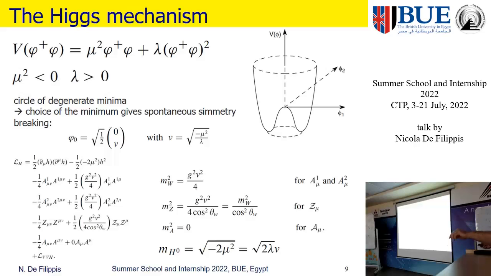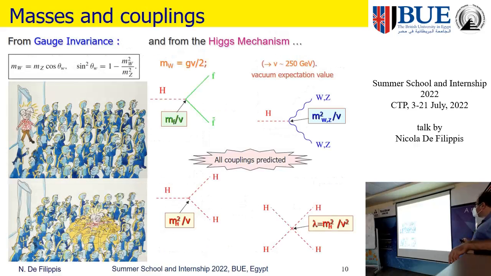Nature chooses this minimum as the only one suitable to get all the terms for the mass and couplings of the Higgs boson with the other particles. What I just want to mention is that the standard model can predict everything, but not the mass of